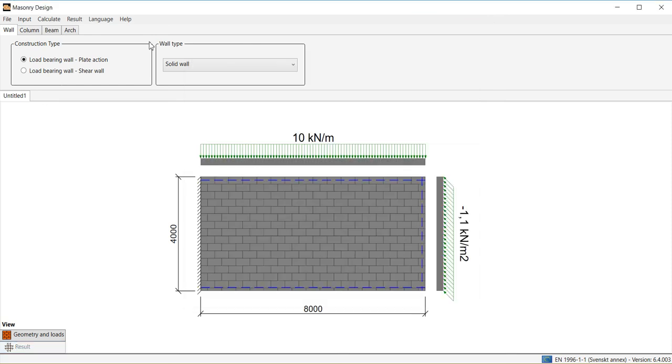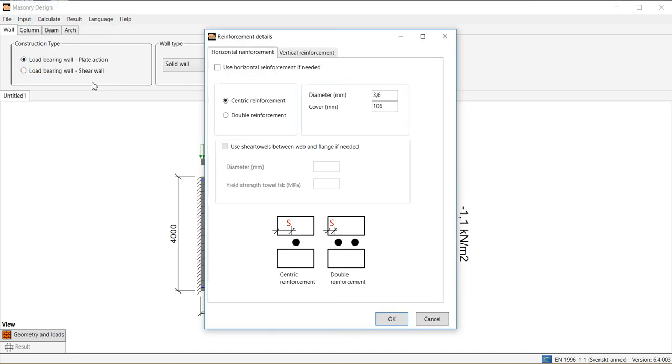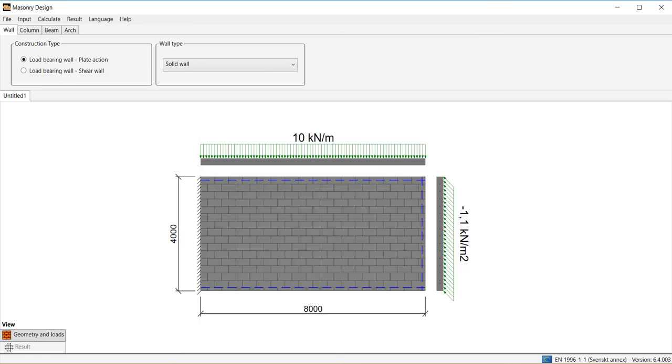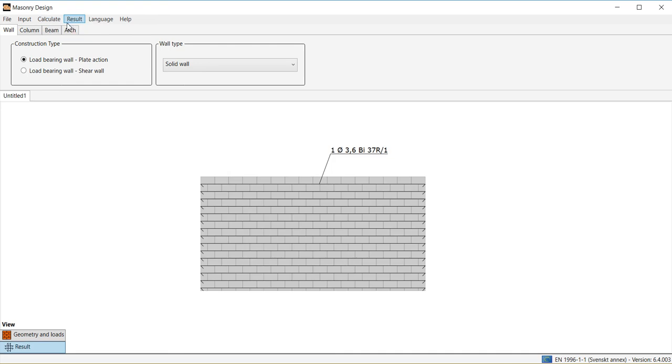We move on to reinforcement details, where we activate the option Use Horizontal Reinforcement if needed and select Centric Reinforcement, meaning one bi-steel in each joint. A new calculation